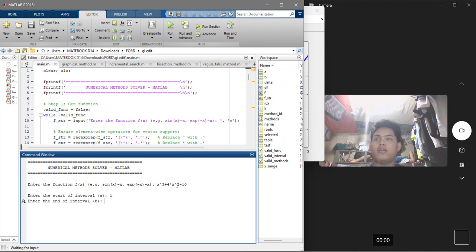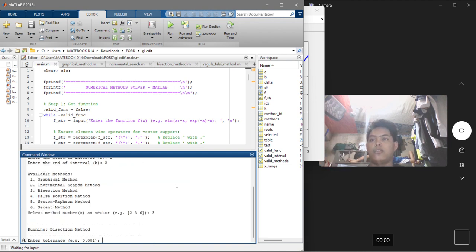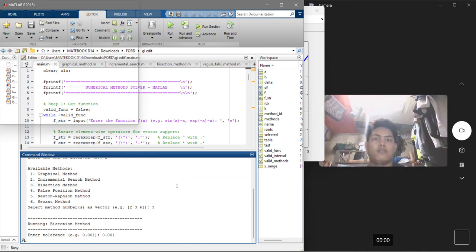Start of interval 1 and end of interval 2. Let's choose bisection method, which is 3. Then let's say we're gonna put a tolerance of 0.001.